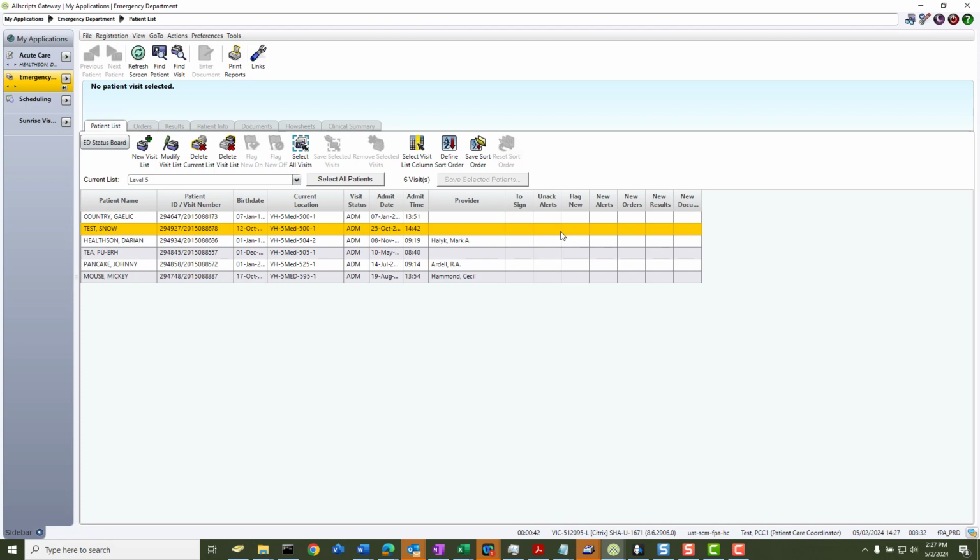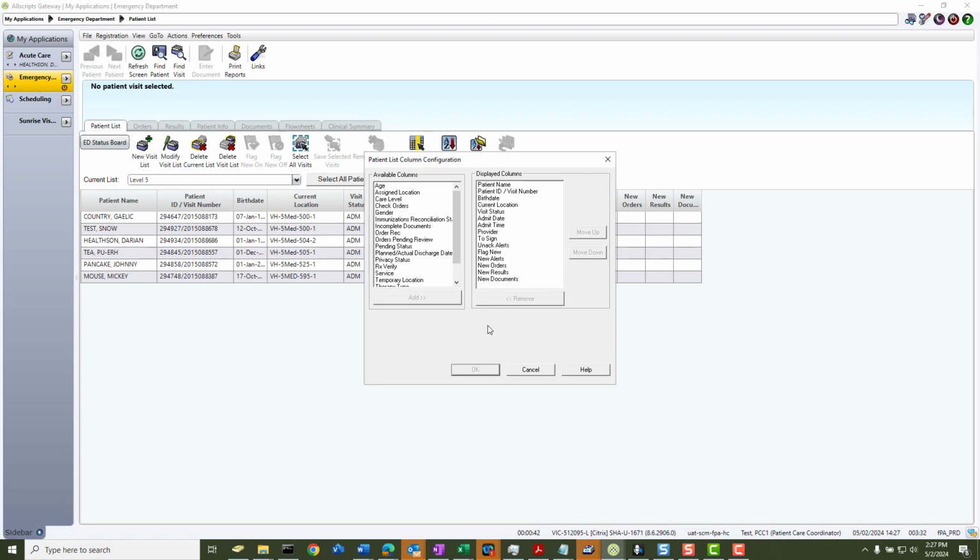There's a set of columns that show when you first log in, and you can adjust those by going to the select visit column. And again, you've got the left-hand side, which are all columns available, right-hand side, the ones that are displaying when you first log in. Some of these you won't find useful at all, so you can remove them. And maybe you want the age to show on that column, so you can add it. And if you want it to come up underneath the patient's name, you can adjust its placement in the columns